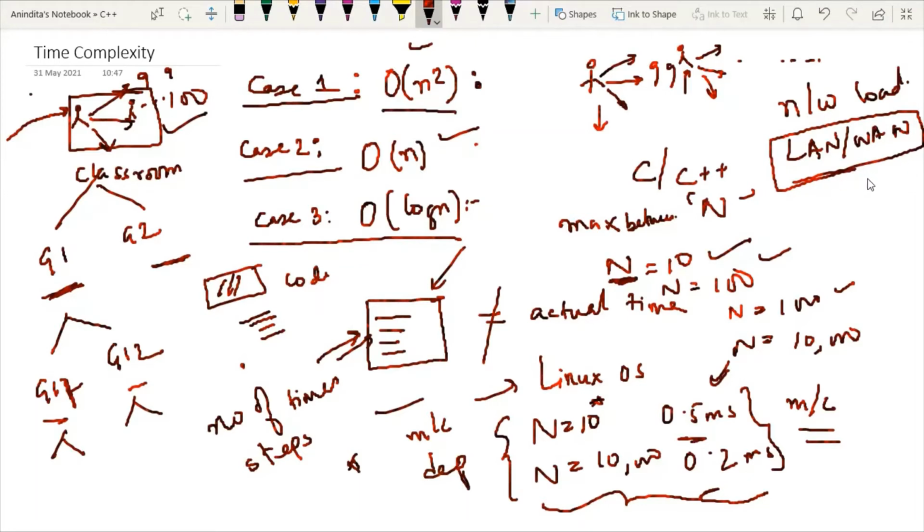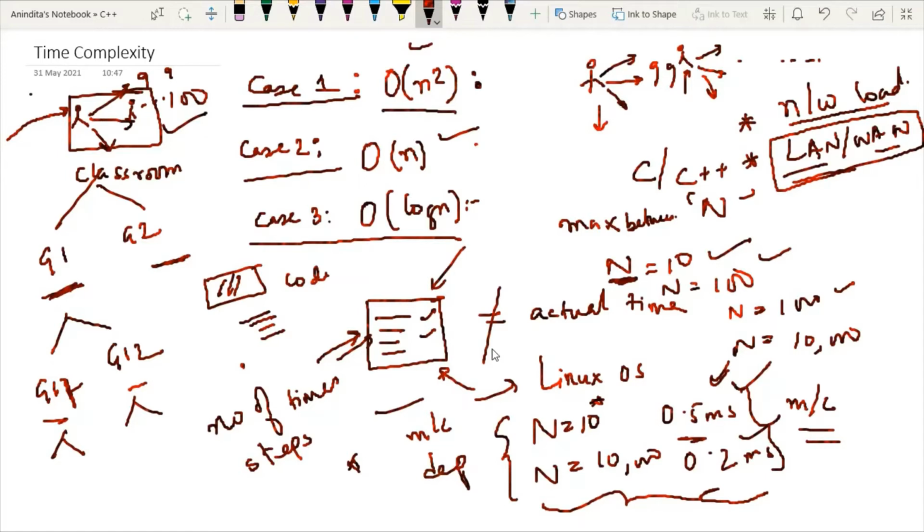This is the point. So instead of measuring the actual time required to execute each statement of the code, we will consider how many times each statement will execute. In a nutshell, depending on the machine configuration, the network load, and how your machine is connected, the amount of time that a particular program will take to execute will change.